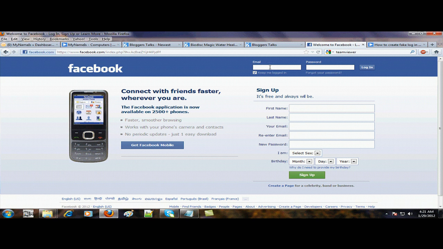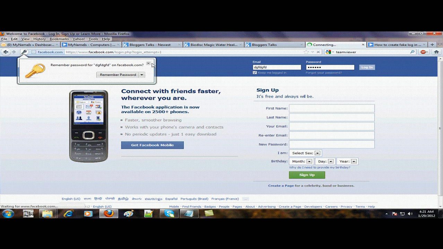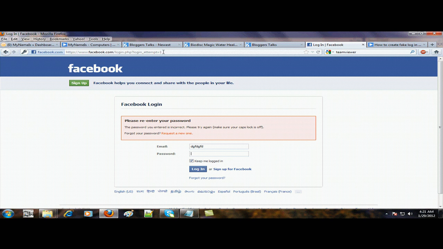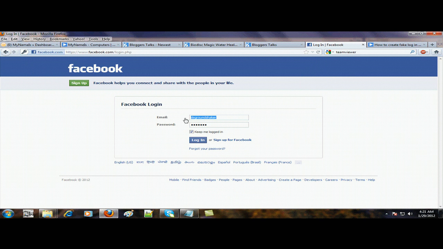We can see, right? So we can try another thing. We will log in, just type in a random username and then a random password and log in. Now it is giving you an error. Just remove this term and hit enter. Here you can see a simple login page by Facebook.